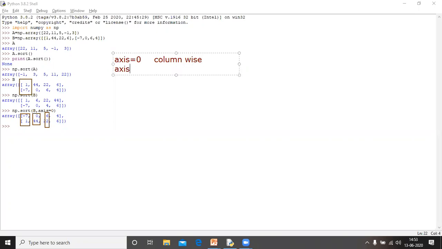If axis equals 1, that means row wise, and this is the default. Okay, this is about all the sorting.